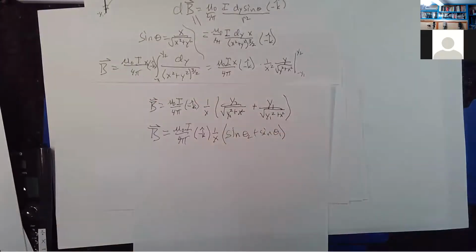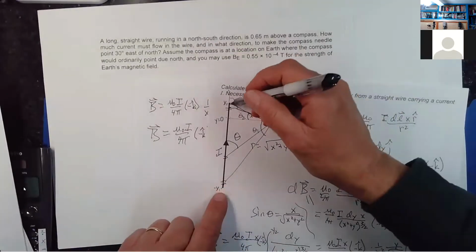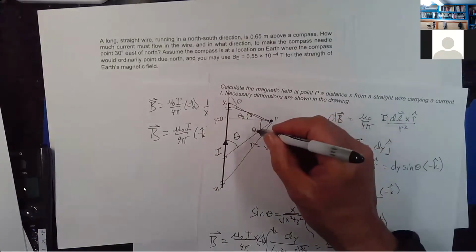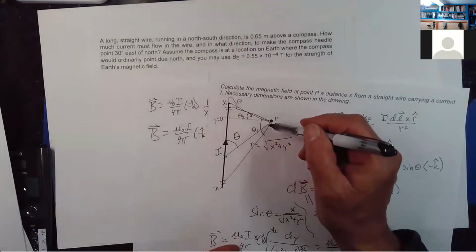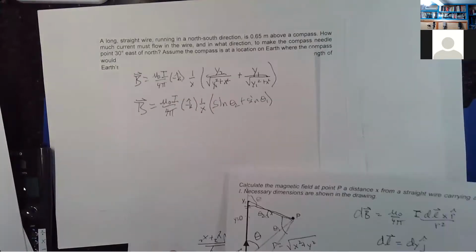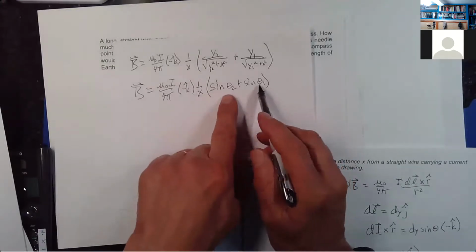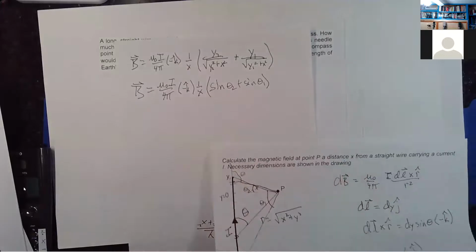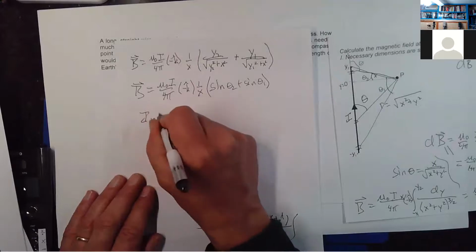Okay, now I could evaluate this thing for an infinitely long wire, because if you think about it, if you make this wire infinitely long, what's going to happen to theta 1 and what will happen to theta 2? Those will both go to 90 degrees. Okay, if that's the case, sine of 90 degrees is 1. I'd end up with 2 inside of here, and my magnetic field, I'll just say infinitely long wire,